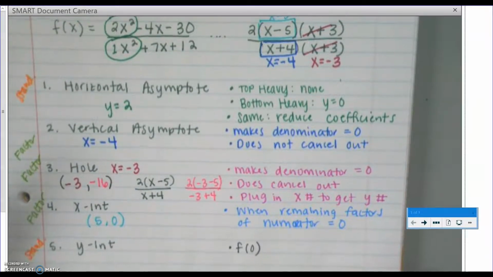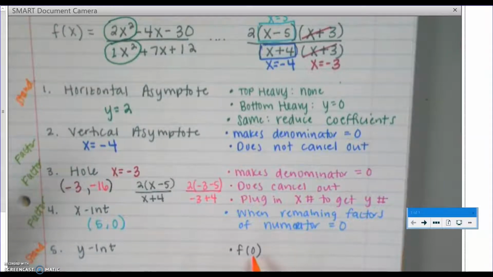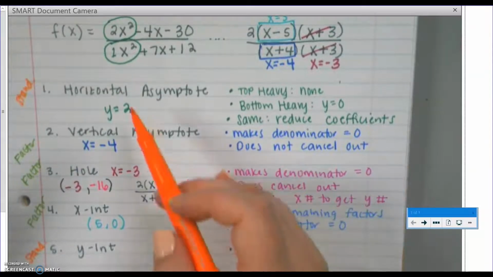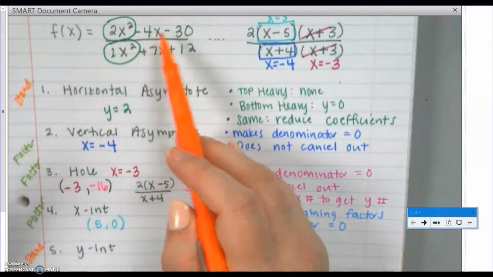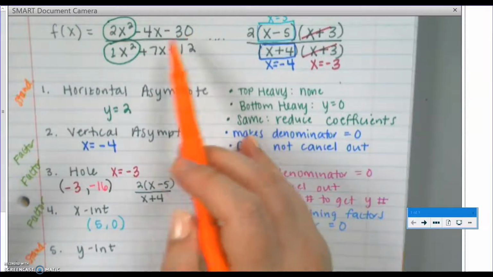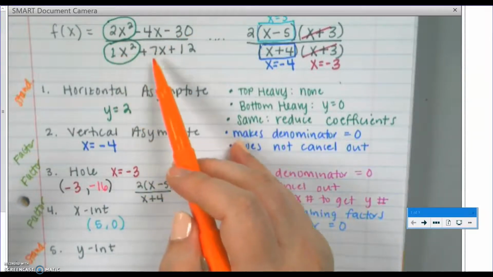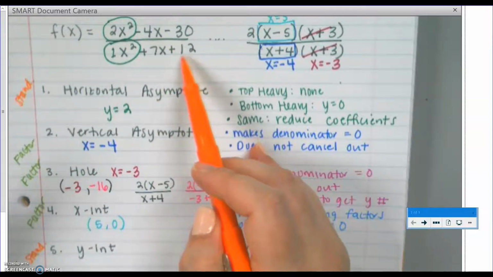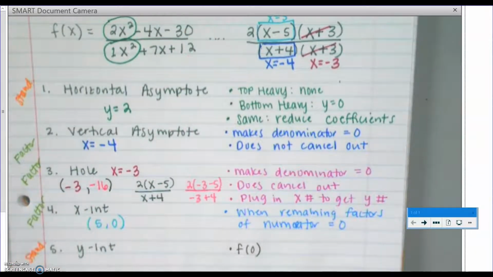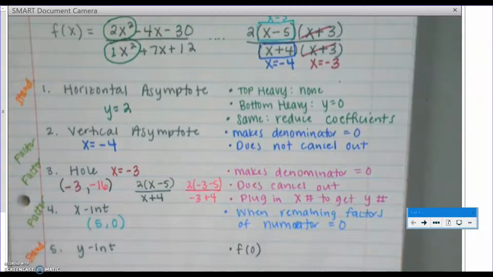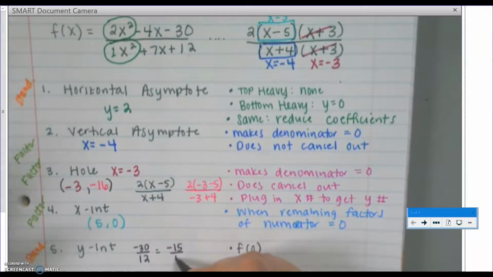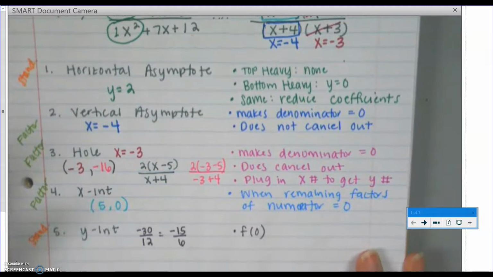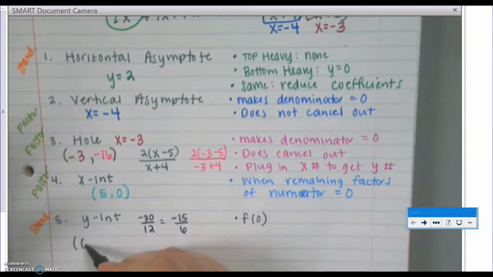So the y-intercept is found by plugging in 0 wherever I see x. So in standard form, that would become 0, that would become 0. My numerator would just be -30. That would become 0, that would become 0. My denominator would be +12. So -30 over 12 reduces to -15 over 6. So that is the y-intercept of this function, the point (0,